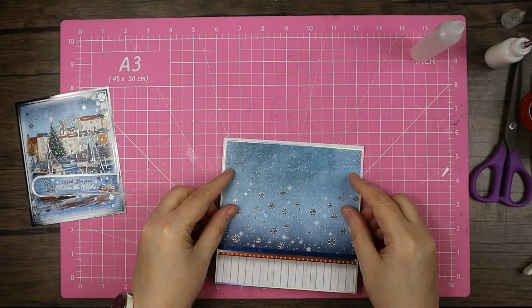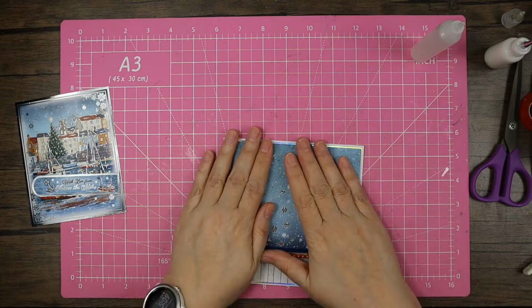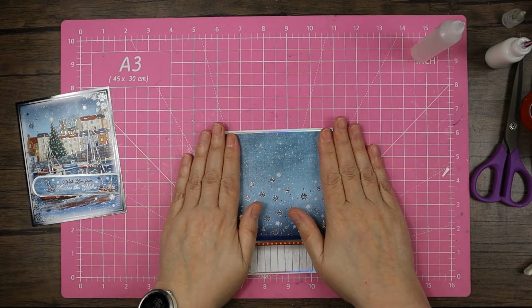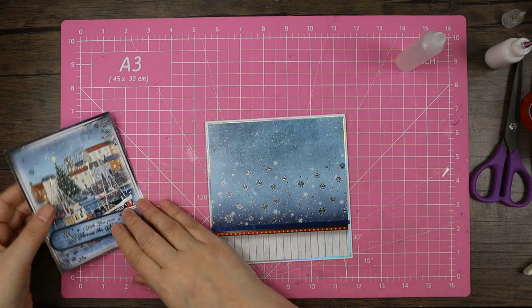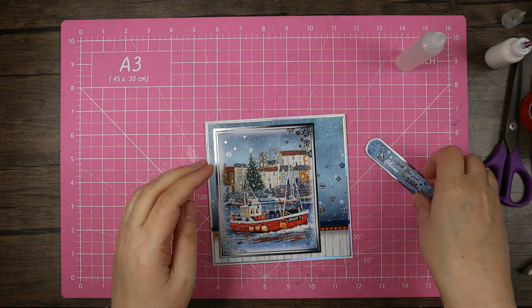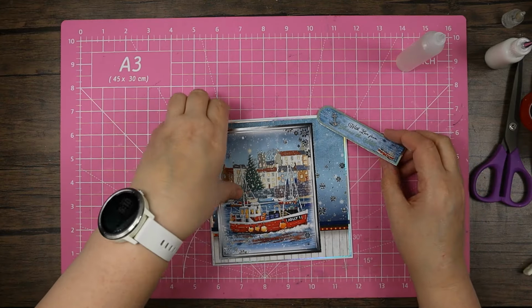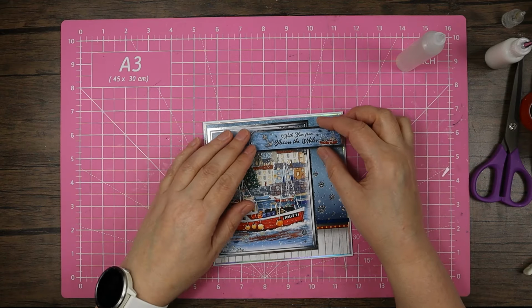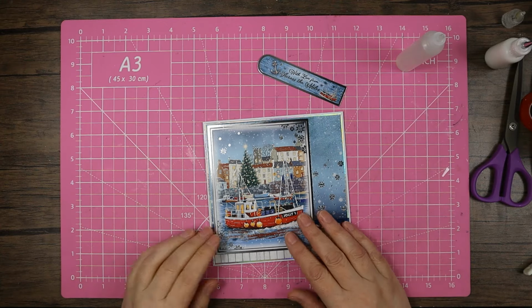Right, let's pop this on. So just giving that a nice border all the way around, and the best thing about these glues is you do get a little bit of wiggle room time. So my thought for this was going to come across. I didn't particularly want to use this as a tag. I will put it across the top if I have to, and I am going to have to, and I'll put a little bow in there. Okay,